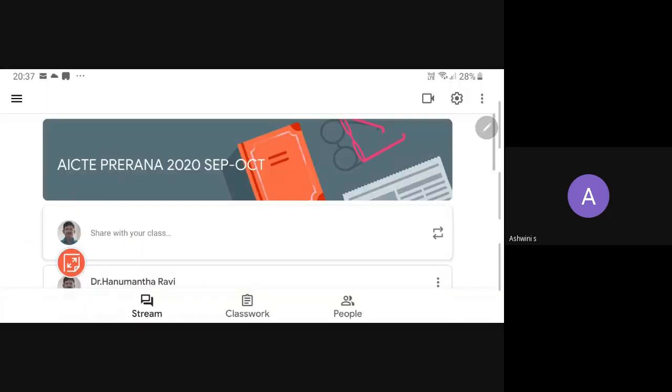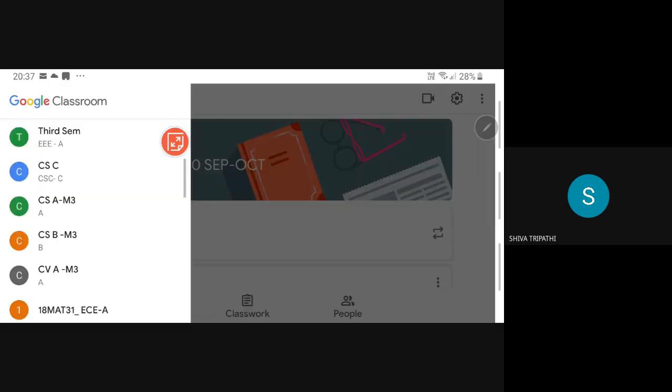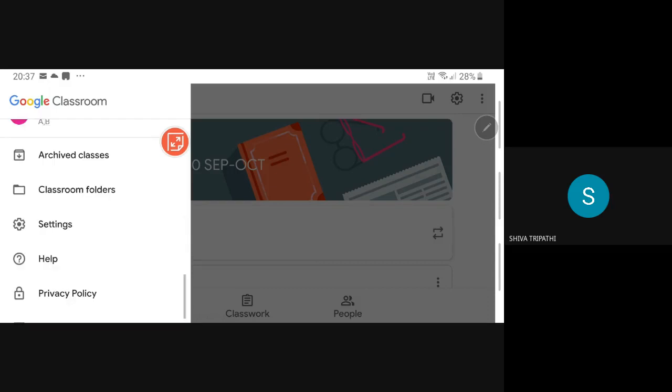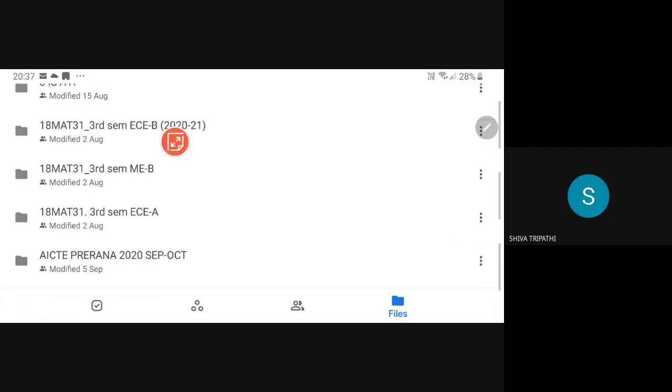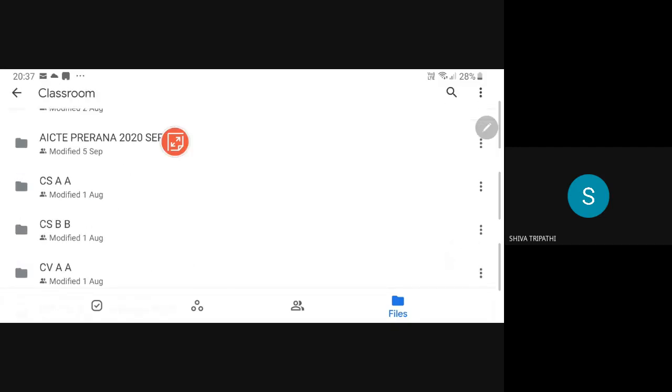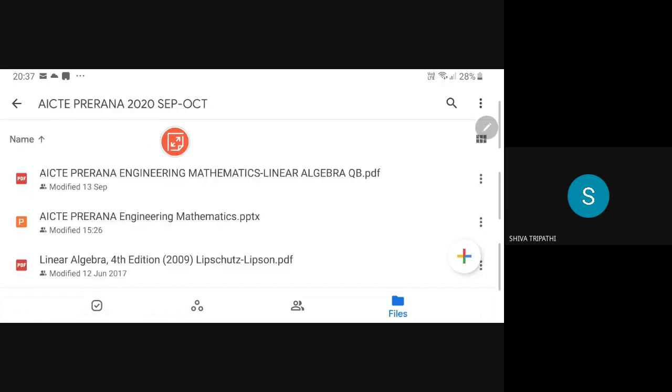See, this is your classroom, is it right? Are you able to see this slab? Yes, sir. I don't know how it appears in your dashboard, but when I go to classroom folders, I have many classes here. If I go to the Prerana folder, I am getting all three here. Why are you not able to see? Maybe it's view only for you. You have to change the settings, I guess. Oh, I have to see that. How to do that?